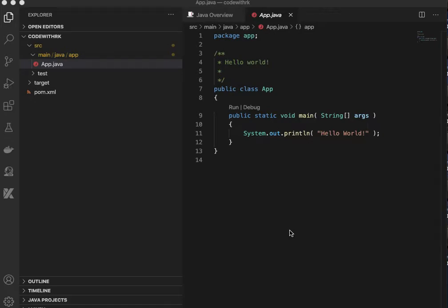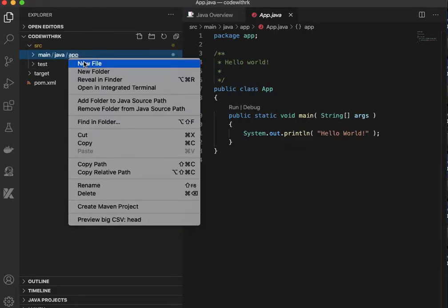Guys, today we are going to discuss one very basic interview problem, and the problem statement says that we need to find the maximum element from an array. We are going to solve this problem in Java, and you can find the code in this repo. I will share the GitHub URL in the comments below, and that is Code with RK.